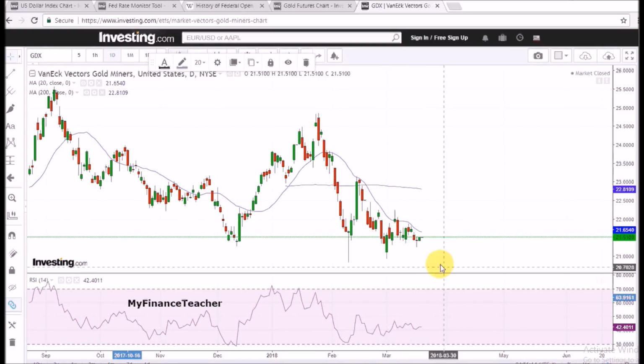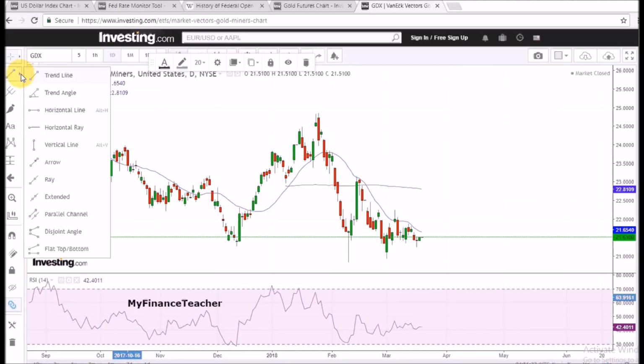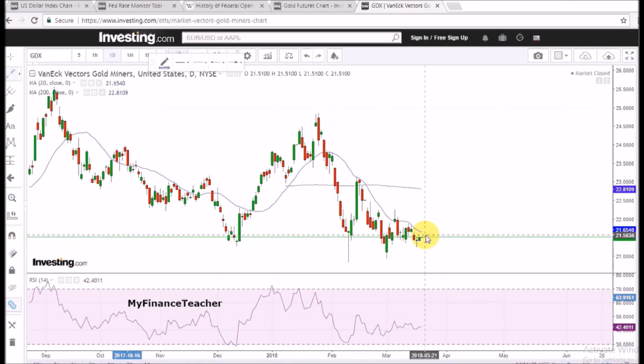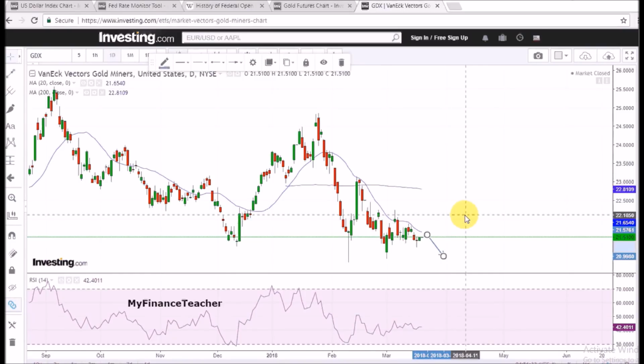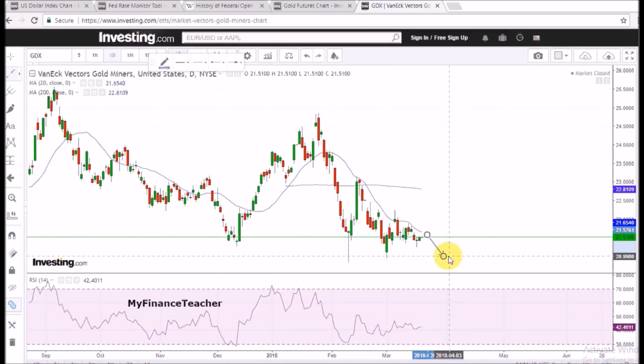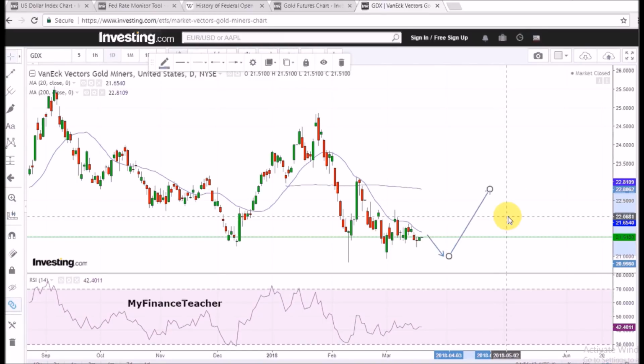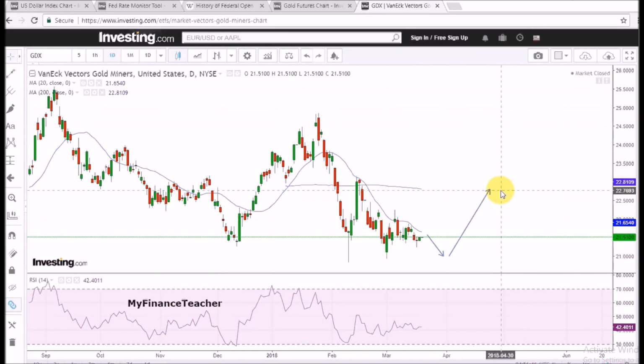Well, let's say GDX goes down to 21 tomorrow with the Fed rate hike and over the next several days. And after that, let's say it goes up to, well, let's say just only retraces to the 200-day moving average. So that will give us something like 22.8. A rally from 21 to 22.8 is an 8.5% gain.